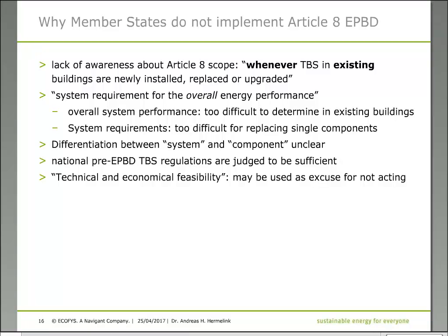So, but why do we have this state? So we also try to find out why it is like that. And we found that there is really a lack of awareness about the scope of Article 8, because Article 8 says that the systems have to be optimized whenever technical building systems in existing buildings are newly installed, replaced, or